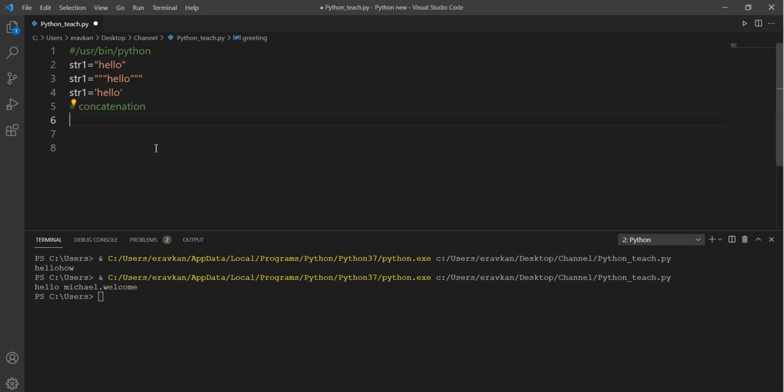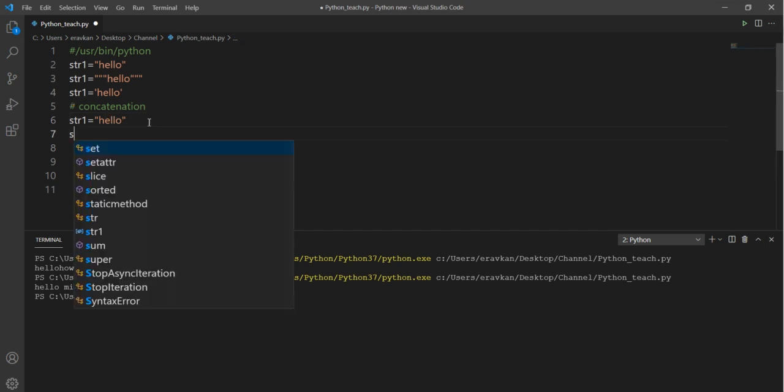Okay, now let's proceed towards indexing. Suppose you have a string hello. An individual character of a string you can access by the index number. So this is 0, this is 1, this is 2, this is 3, this is 4.